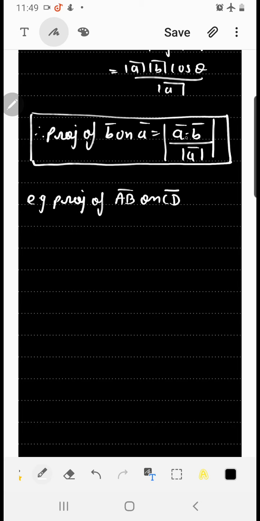Tell me, in the numerator we write the dot product, right? Now dot product is commutative, so you write a dot b or b dot a, it doesn't make any difference. So in the numerator we have to write the dot product of both vectors. In the denominator is where the difference comes. If I write mod of b in place of mod of a, the answer would be different. So I need to take care of what to write in the denominator. To remember that, please remember a phrase like this: jo peeche woh neeche.